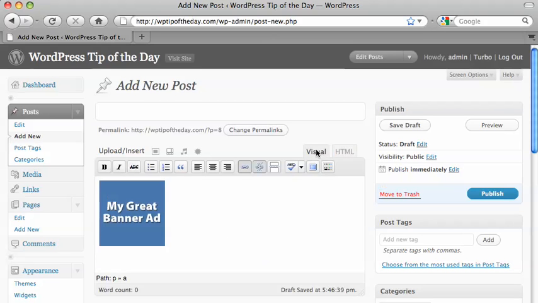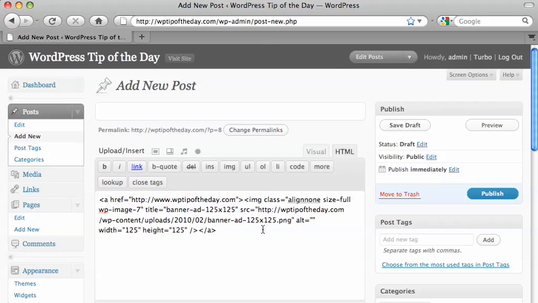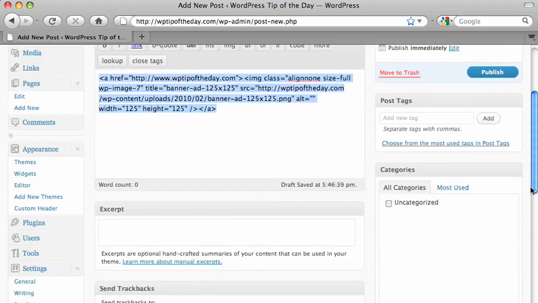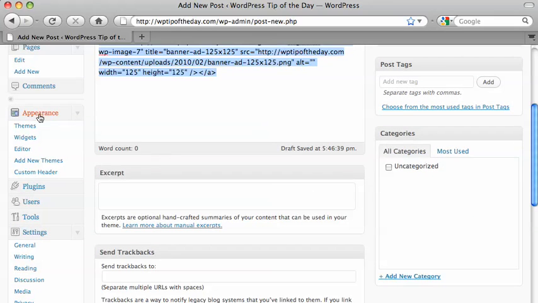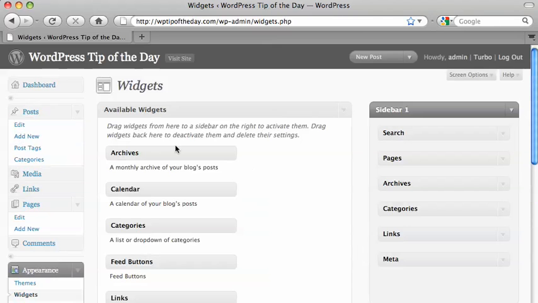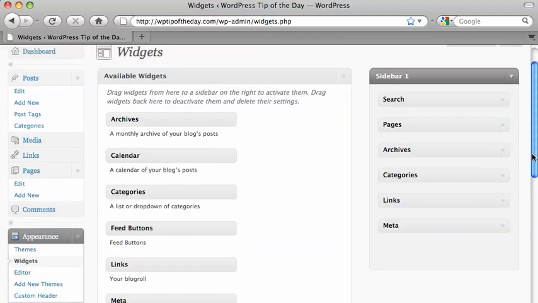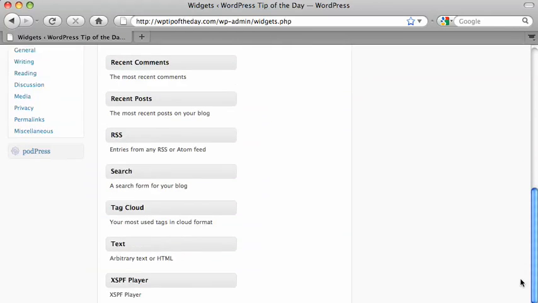So what I just did is I clicked on the HTML tab, and I'm going to grab all of that HTML code, highlight it, and press Control-C on my keyboard to copy the code. Now I'm going to go over to my widgets. In the WordPress dashboard, you're going to click Appearance and then Widgets, and I'm simply going to drag a new text widget